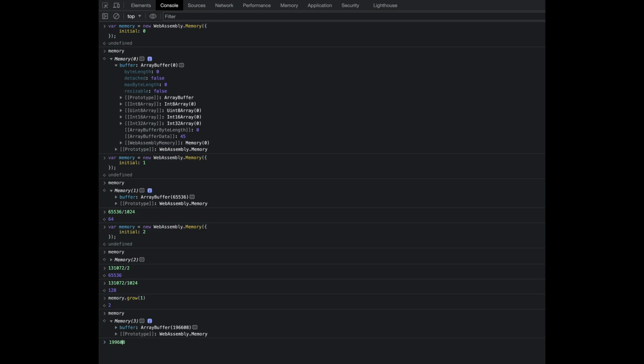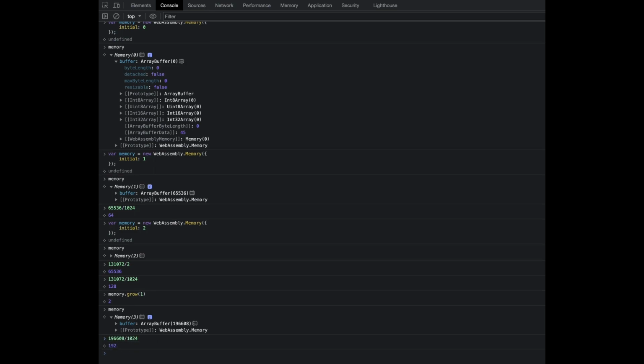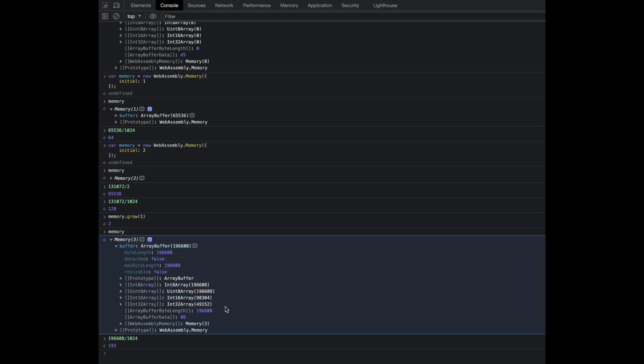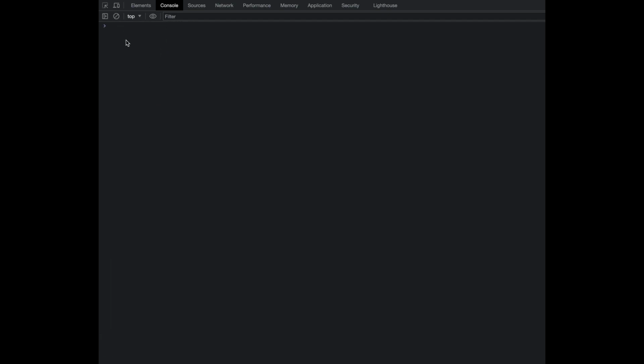So 3 times 64 is 192 kilobytes. So this is how memory works, and this is how it encapsulates the array buffer. So let's also take a look at what maximum is. I'll clear the console and I'll